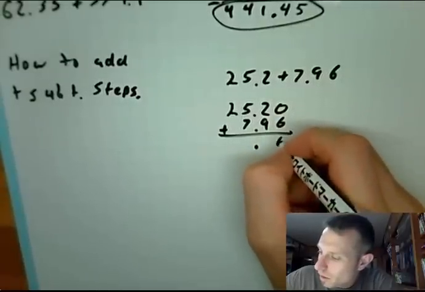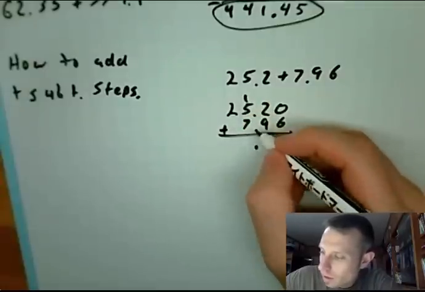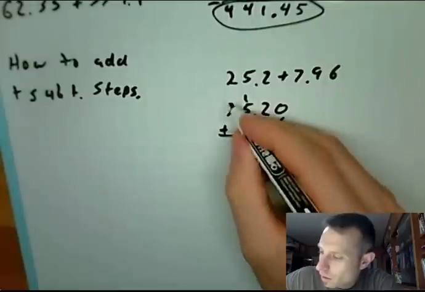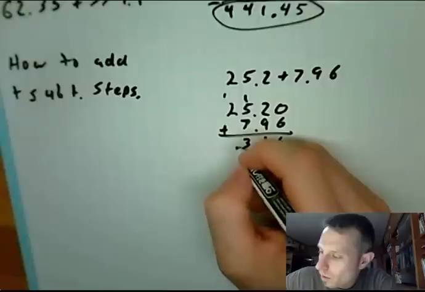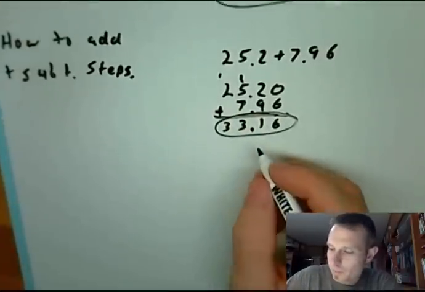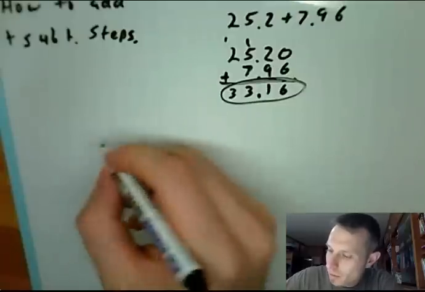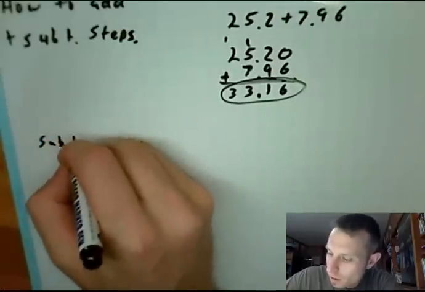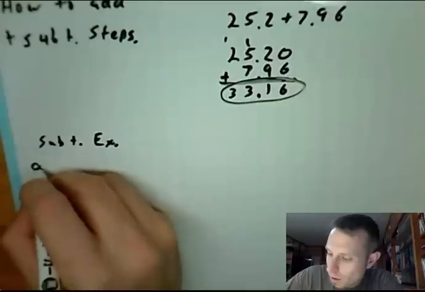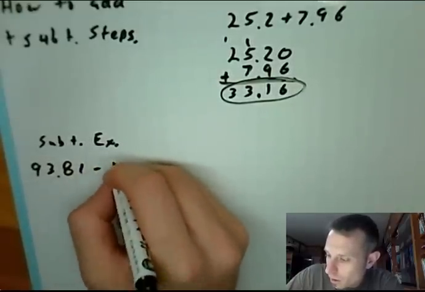0 plus 6 is 6. 2 plus 9 is 11. Carry the 1. This was 7 plus 5 is 12, plus 1 is 13. And 2 plus 1 equals 3. So we have 33.16. Now, how about subtraction? Well, same exact steps. Let's do an example here. Subtraction example. Okay, and we'll do 93.81 minus